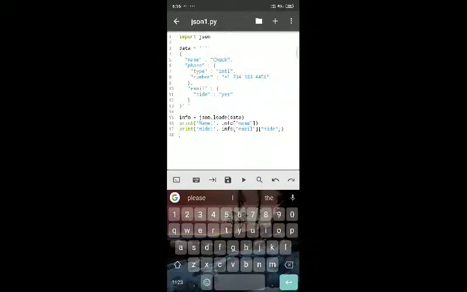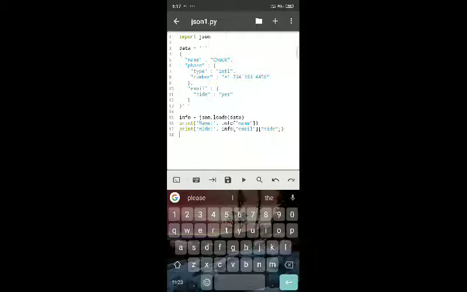For example, you can extract Check with respect to the key name, Intel with respect to the key type, and this particular number, 734303444, with respect to the key number. So you can extract any value with respect to the key.